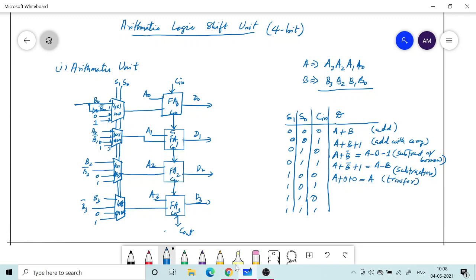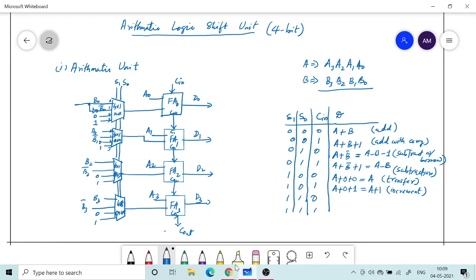Okay, so you are just passing it through. Sometimes you want to pass the content directly, you don't need to do anything, so that option is also available. The next one, if you look at it, is again a 4-bit number with all zeros. If you add, then after that you add the carry 1. So that will be like incrementing. So increment. Okay, so this is incrementing.